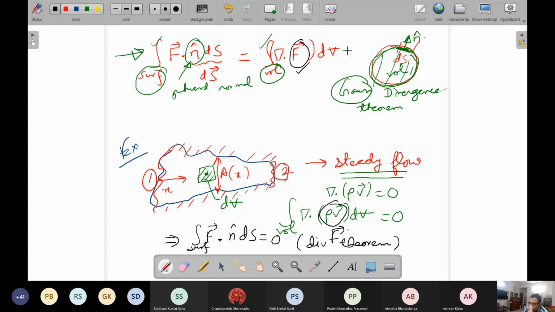Now, in place of F, let us write rho into V. So in this rho into V,